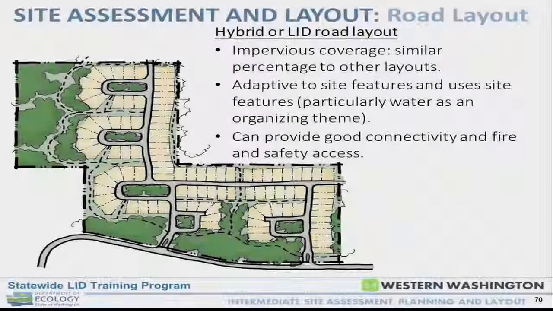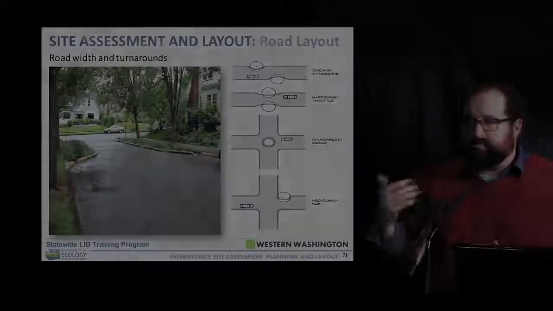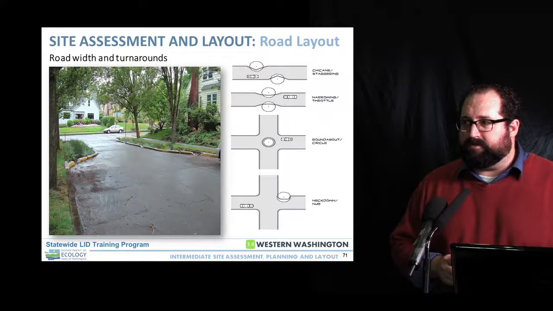You're not creating cul-de-sacs, but you're able to make curvilinear roads that are maybe more adapted to site features. You see the little nodes in each of the loops, those are great opportunities for localized stormwater management that's distributed throughout the site. And then the connectivity itself is the key there, both as a roadway network and then through open space, using that as pedestrian connectivity as well. The design of roadways: how narrow a road can you go for service access, but also looking at things to think about parking, other aspects of road design,